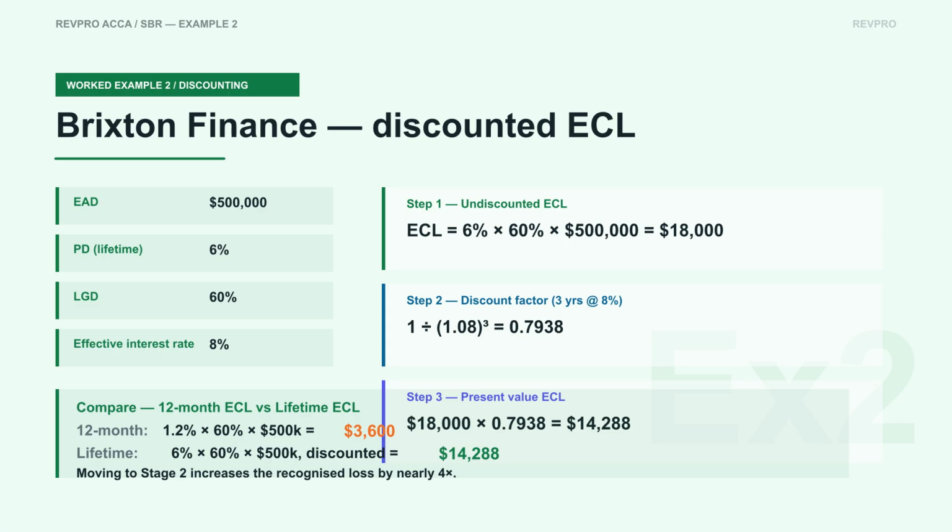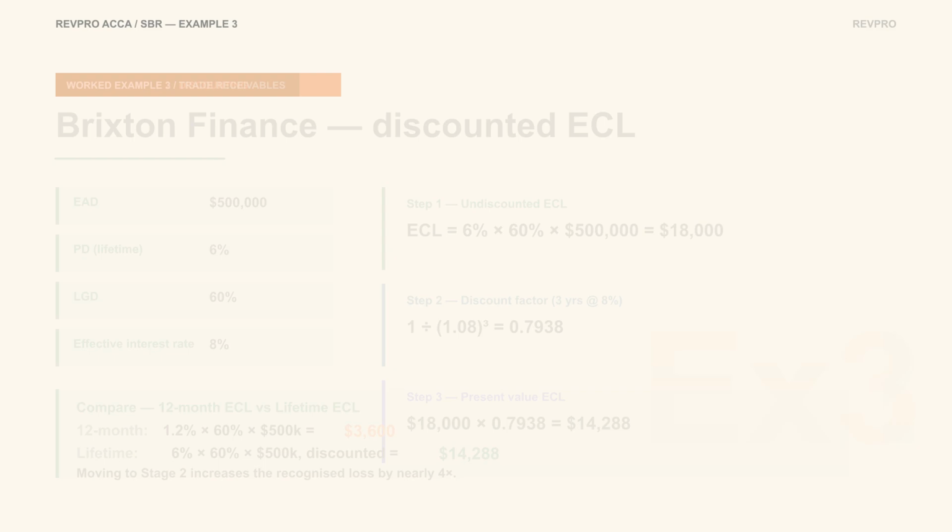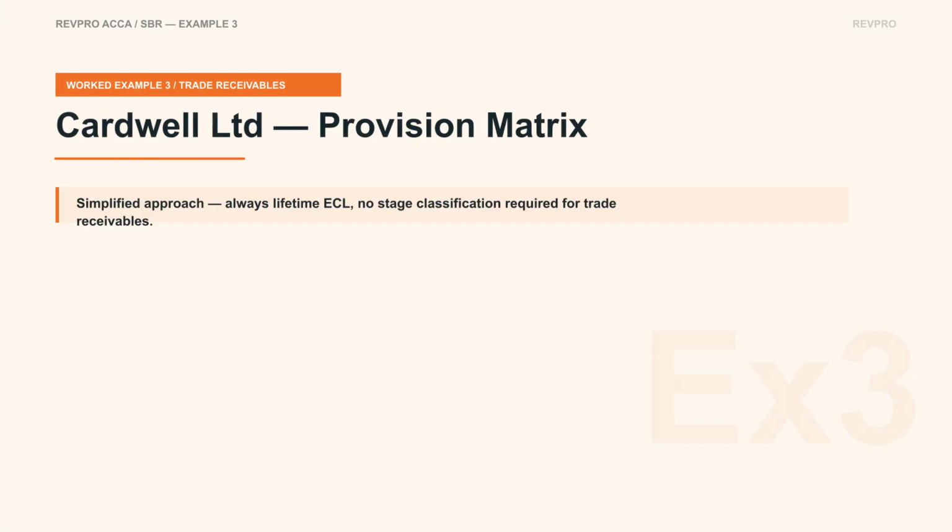This is why stage 2 matters. Lifetime ECL can be much larger. Trade receivables usually use the simplified approach. There is no stage classification. Lifetime ECL is recognized from day 1. Cardwell Limited has